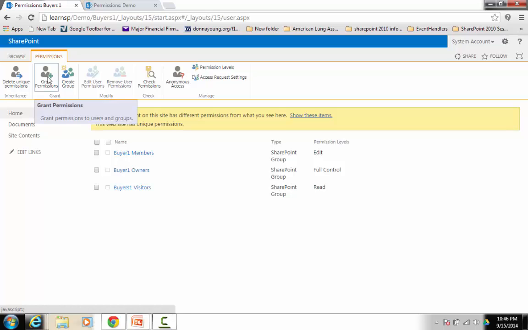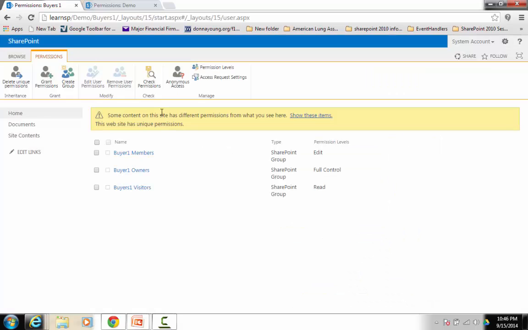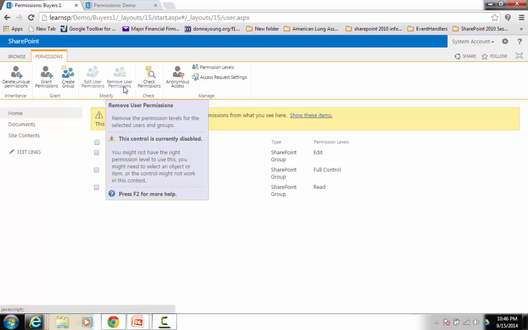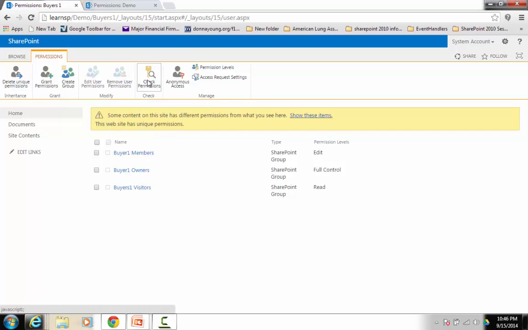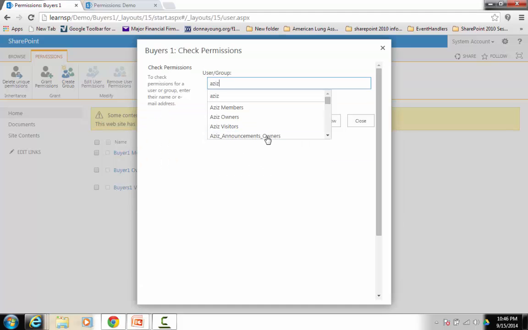Grant permissions is basically for granting permissions to the users. I can go ahead and click on this and grant permissions to any of the users. Create group is if I want to create more security groups. Remove user permission is if I want to go ahead and remove users from any of these security groups. Check permissions is for checking the permissions of a user. Like if I click on this and if I want to check the permissions of the user Aziz that I